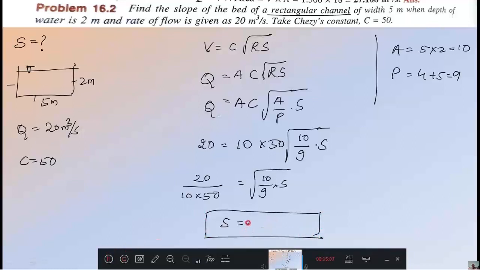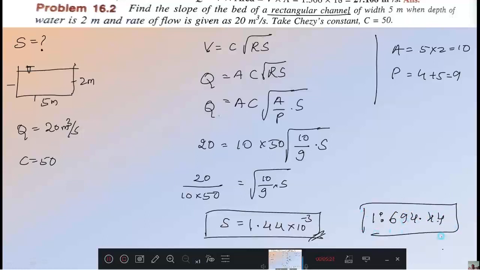S is equal to 1.44 into 10 raised to minus 3. Like this you can also write it. Operate the inverse function in the calculator, then you will get 694.44, which means I can write it as 1 in 694.444. This is also a right answer. In an examination you write both and put a box for both, right? It was a very easy problem. We'll go to the next.